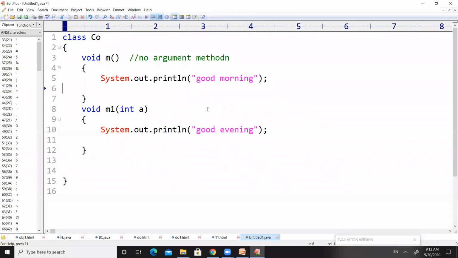And the second type of method, with the name m1, is called a parameterized method. So these are the two types of methods we generally see in Java programming language, right?